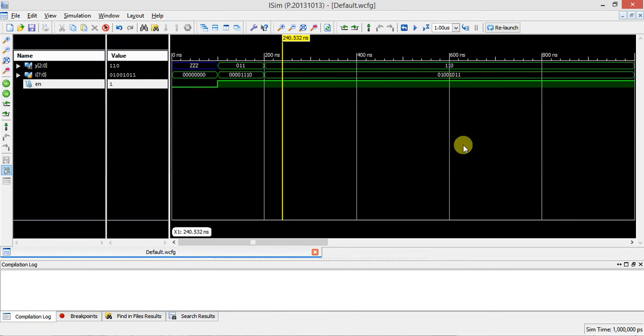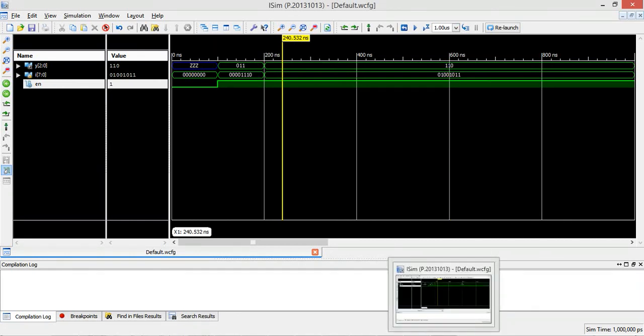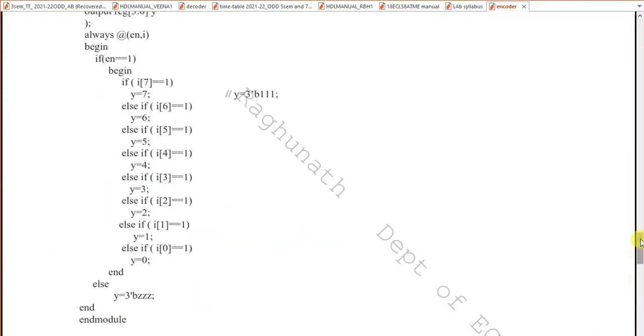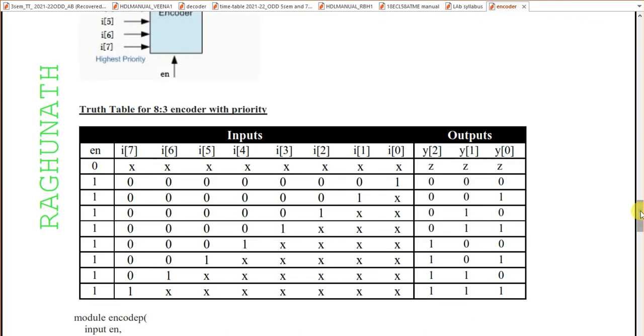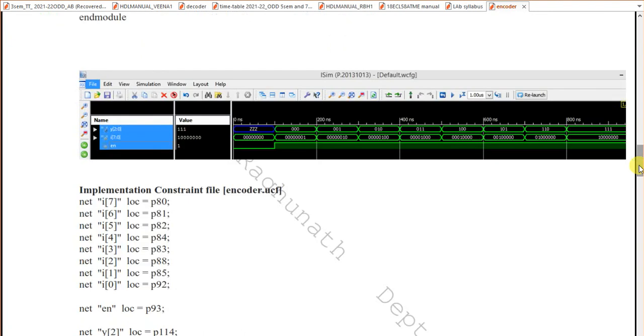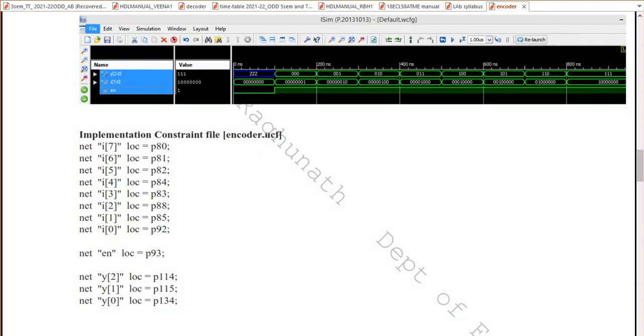So you can refer to the video on how to verify the output using the kit. Again, for this program, the same UCF file you have to use. I already explained which UCF file you have to use. I of 7 to I of 6 is connected to FRC1. You check in your kit. If there is any error or it's not working, if some label is there, you skip that FRC and use a different one.